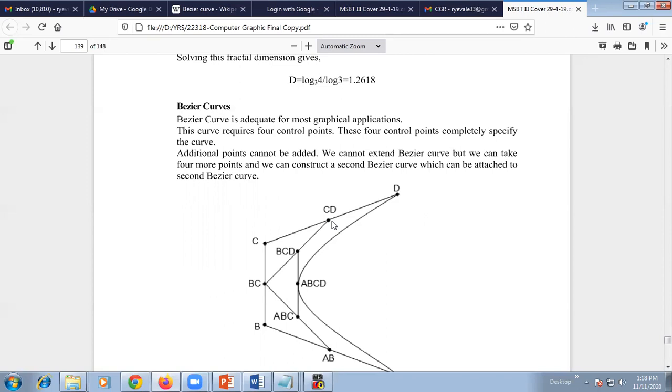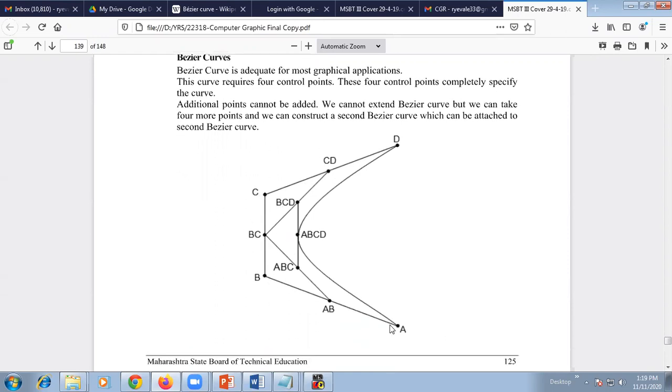Why is it called control points? Because A, B, C, and D are called control points, isn't it?